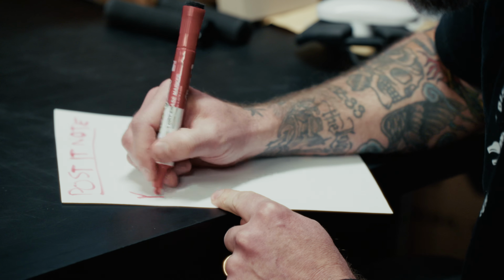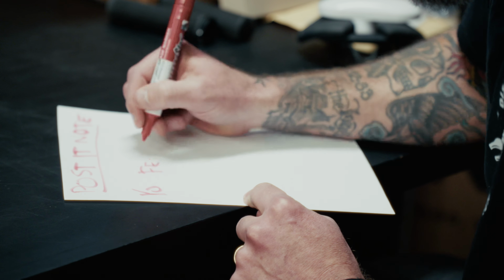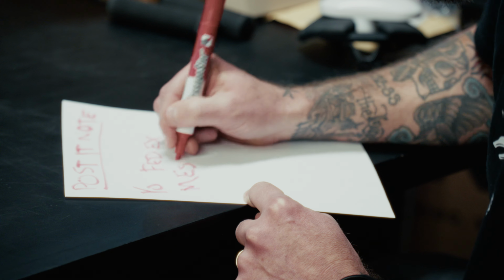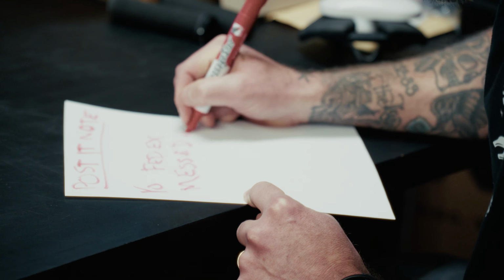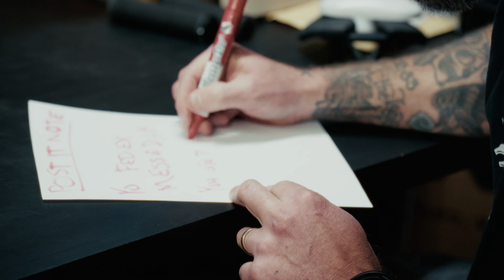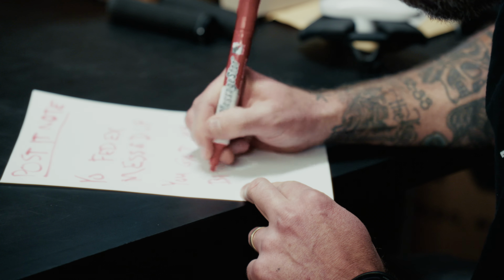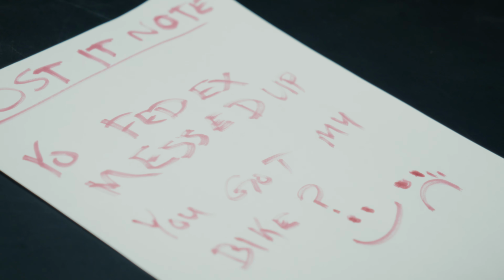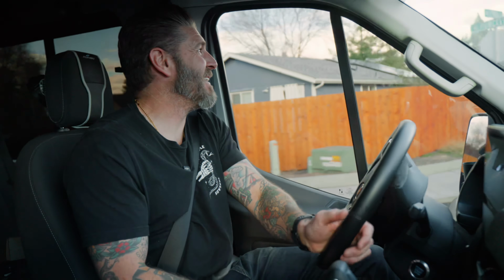Preemptively, because it's the middle of the day and most people work, I figured I'll take a Post-it note just in case nobody's home. And I write, hey, sorry to inconvenience you, but it sounds like a bike was delivered here 8 days ago. And I'm sorry that it's been taking up space in your garage. Please let me know when it's convenient to come pick it up. I go knock on the door, no one's home. I leave the Post-it note taped on the door